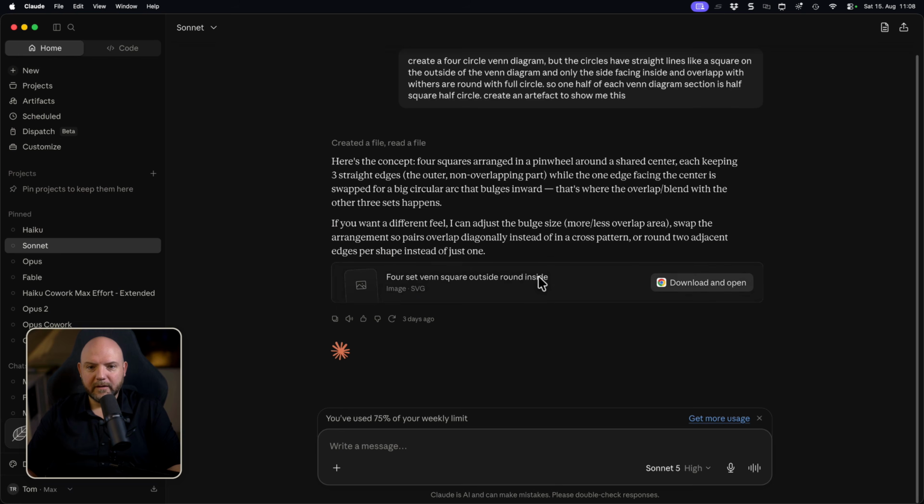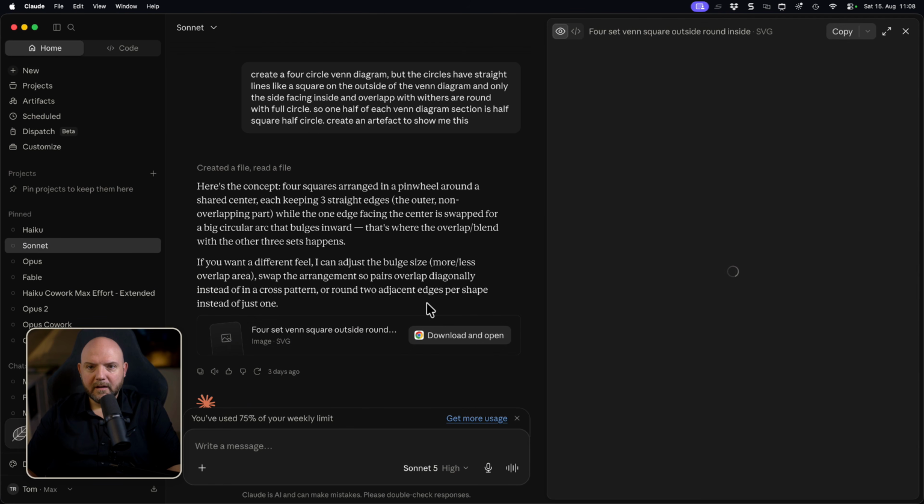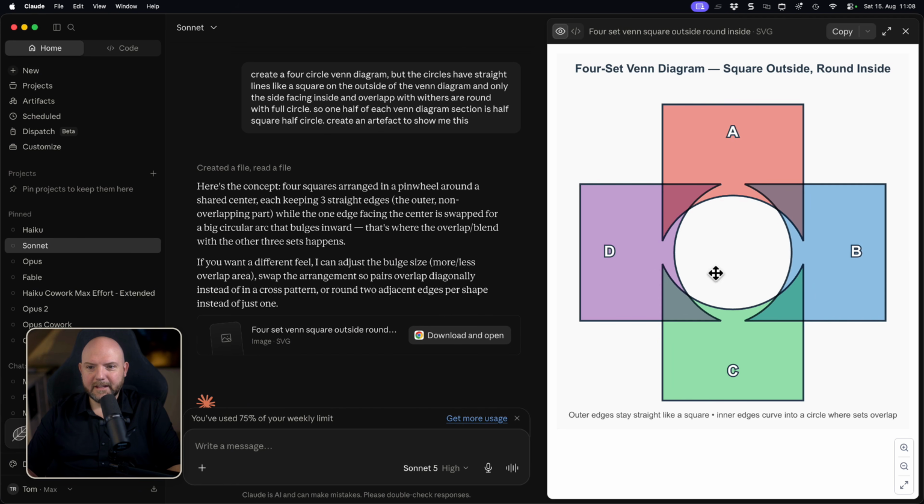What is Sonnet doing? Sonnet is doing this. That's our Venn diagram. Okay, so you see, people say you can use Sonnet over Opus and it does it all great and so on. But when I use Sonnet inside my folder, I need to be aware it is still a lot less efficient and trustworthy compared to Opus.